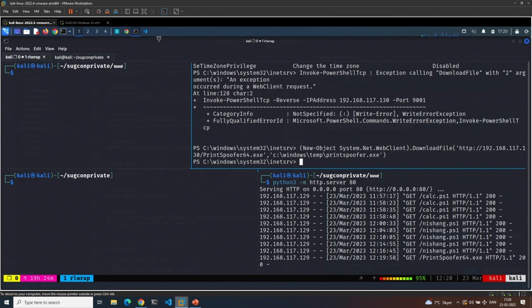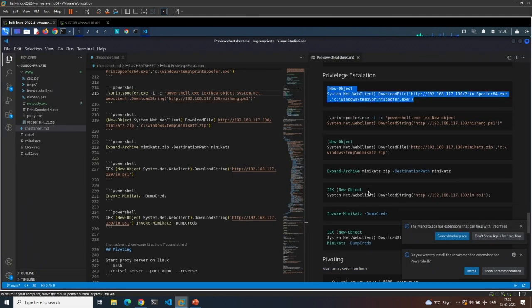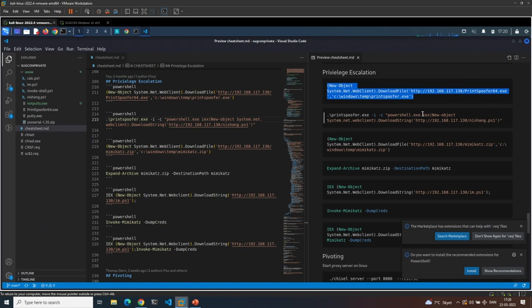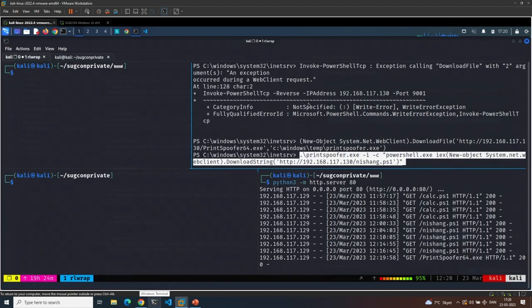So the way that print spoofer does this is by saying, okay, you can run something, and of course you can execute the program. Which command would you like to run? PowerShell? Yeah, I'm done in less than 5 minutes. No need to worry. So over here, I'm going to start my netcat listener, and then I'm going to tell print spoofer, let's start PowerShell, invoke our Nishang reverse shell. Whoop!